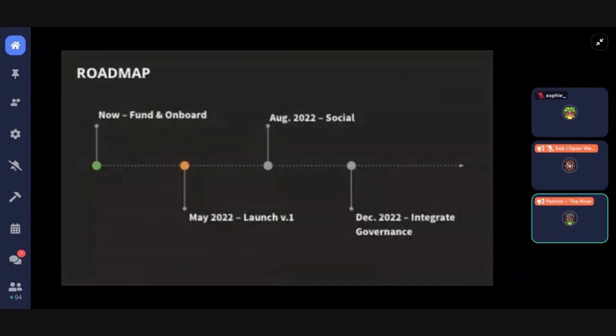We'll begin to fund our first year in onboarding now. We will roll out a base set of story and card templates and a base set of creator support interactions for V1 in May. Socially, following other creators is essential. We'll roll that out in August. Integrating governance and proposals so that they are highly accessible is slated for December of next year.